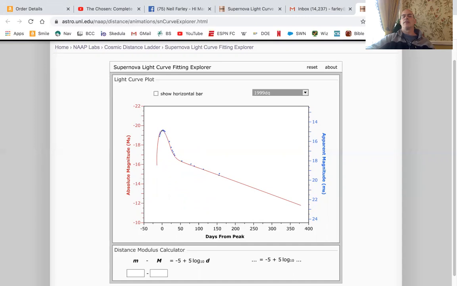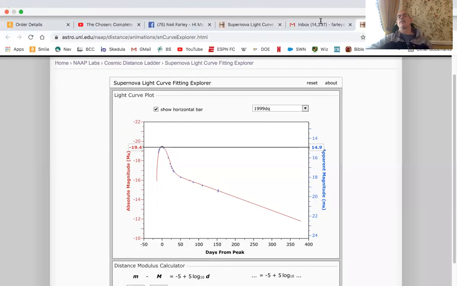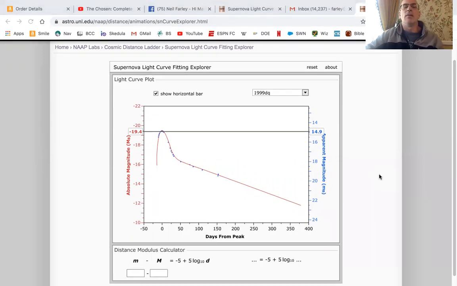And then we can see that the peak of negative 19.3 corresponded to, if I put in this horizontal bar there, an apparent magnitude of 14.9. So not very bright. Obviously, that would only have been seen maybe with the Hubble telescope or something like that. But if we then plug in the apparent magnitude of 14.9, and of course the absolute magnitude would be minus 19.4,